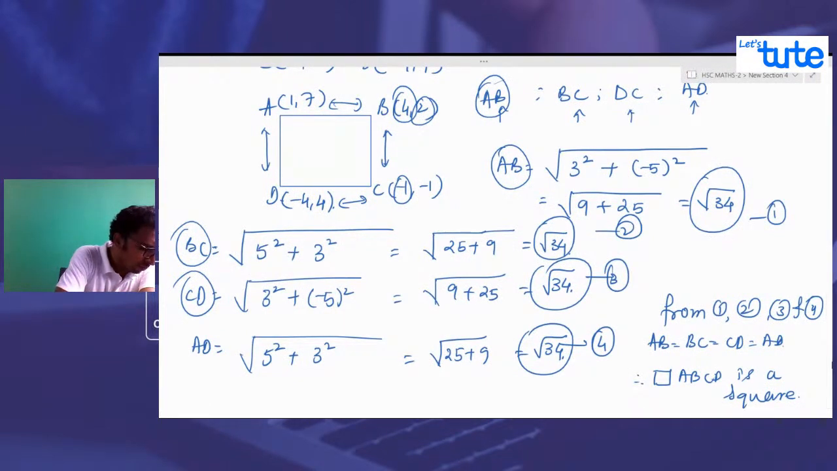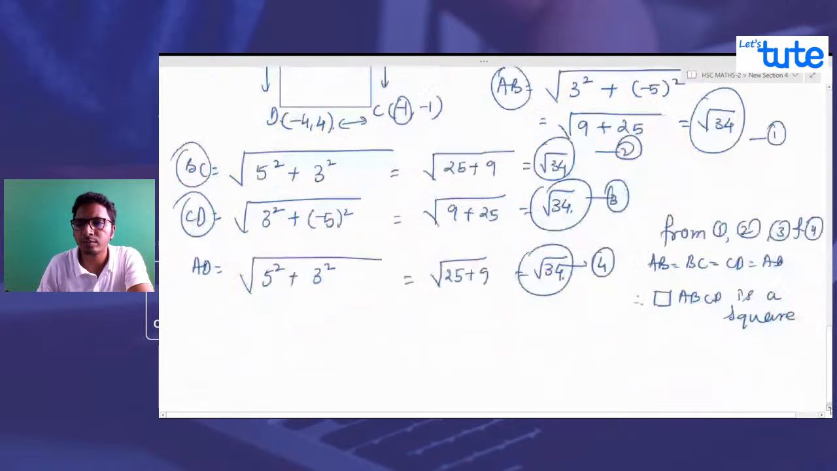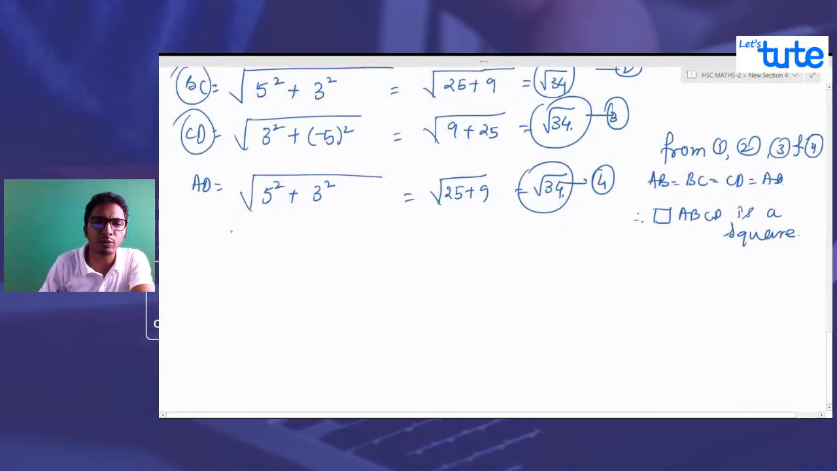Okay. Let's move further. Okay. So there are different types of questions in this section basically. Here there is one more type of question. It says